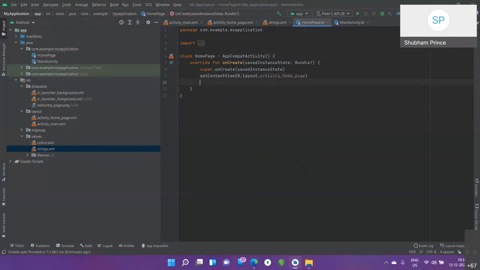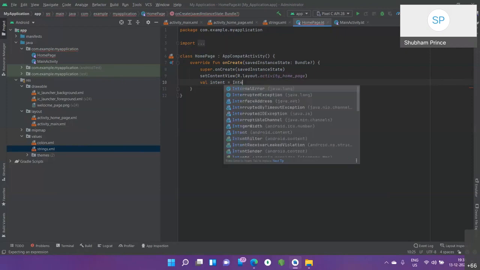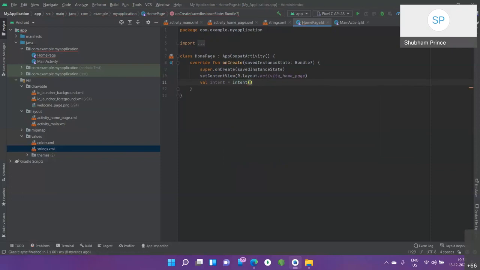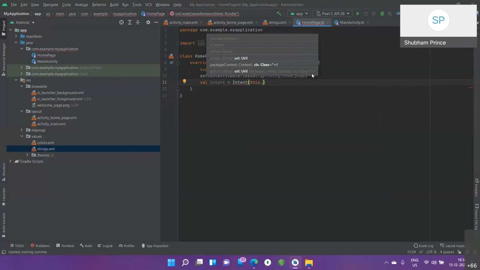So what we will be doing is creating an intent. It's just a rough intent, I'm just giving an example. An intent variable is created. Now Intent is our class. You can see in the drop-down list there is Intent, and then we will write this. Fine. This stands for the current object, we are placing the intent on the current object. And now how are we moving from one page to another? Which activity are we working on? Currently we are working on the main activity, and we have to move to the home activity.